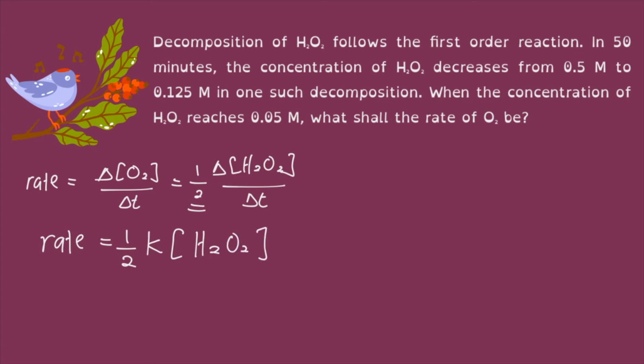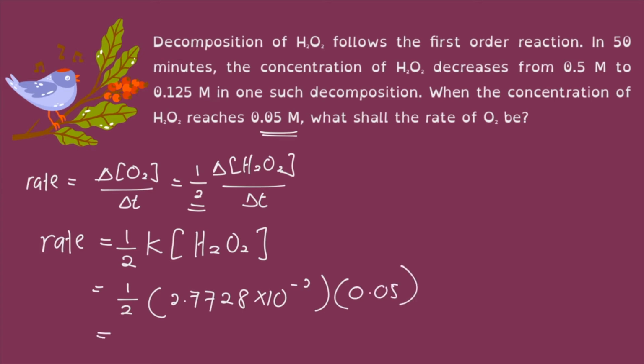Right, so since we know that the value of K we have already calculated just now is equivalent to 2.7728 times 10 to the power of negative 2, and the concentration of hydrogen peroxide given in the question is 0.05, you can get the rate of oxygen, which is equivalent to 6.9320 times 10 to the power of negative 4. This is the rate of reaction for this